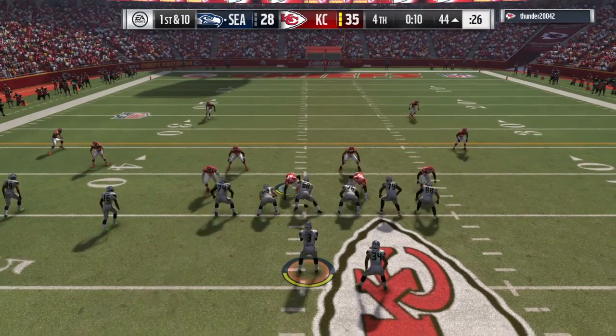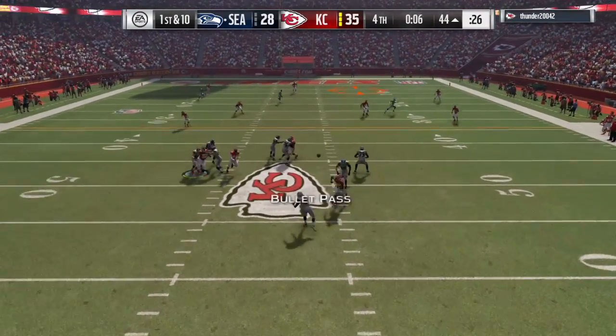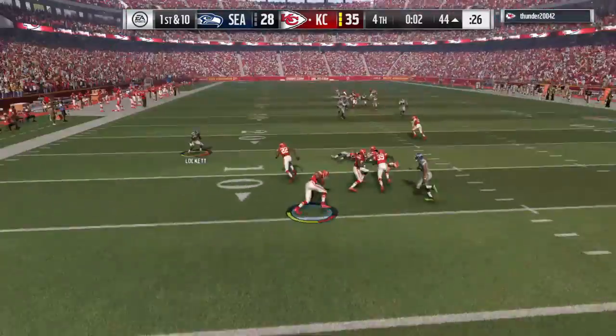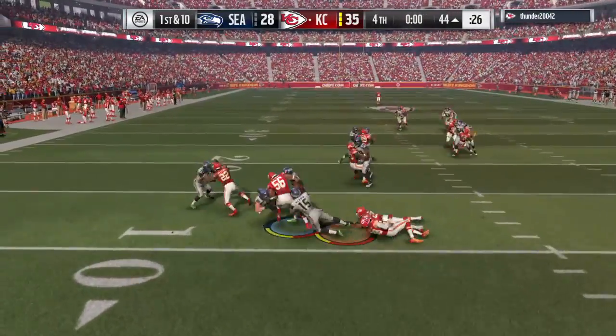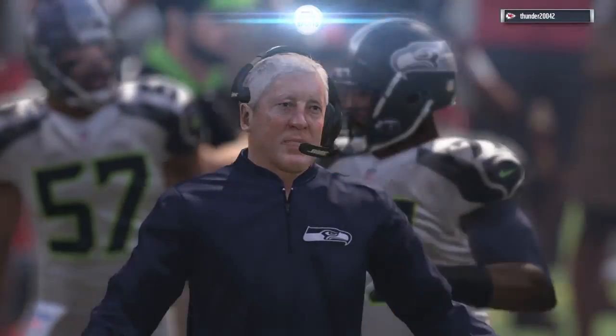How about the run after catch? But most of the time we think of it as just being an open field and picking up yardage. Sometimes you have to be real physical in order to gain the yardage you need for a first down. And, oh, a crusher there as it's intercepted. Picked off by Derek Johnson. And that is going to seal this victory as